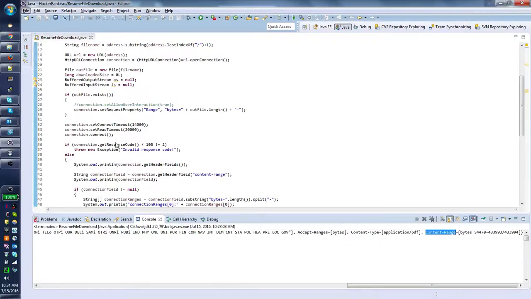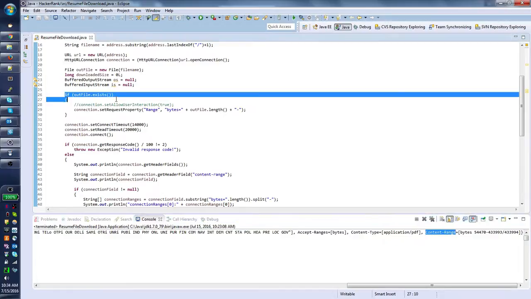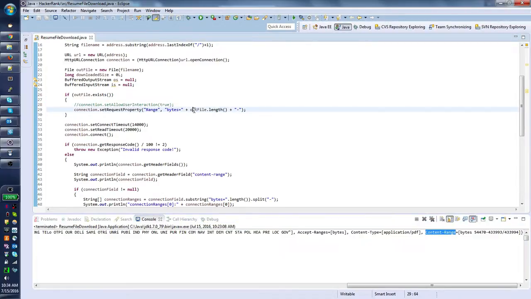So in the code, if the file exists, we set the bytes range to the size of the file. We set that property in the HTTP connection. And then the equal sign here denotes automatically the final range. It does that automatically.